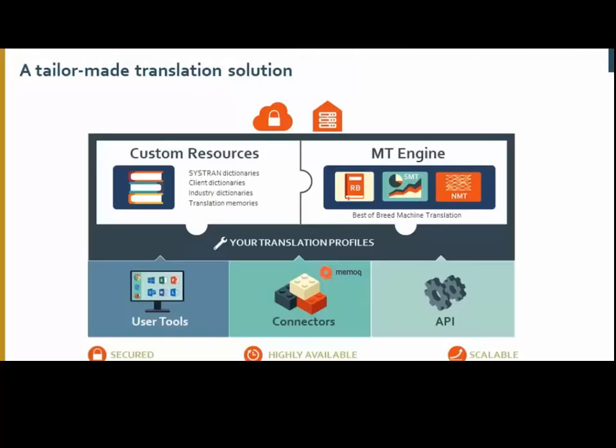Just to explain what we suggest on the market, what we sell, to be clear, it's a complete, comprehensive solution. What is important to understand is that it's a server solution. Meaning that either we install it on the customer premises, or we host it, but in a private cloud. So the security of this solution is a very important aspect.